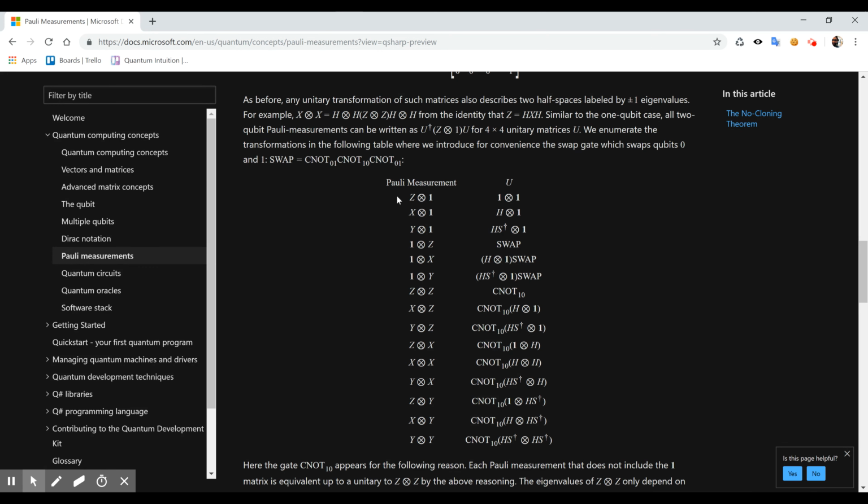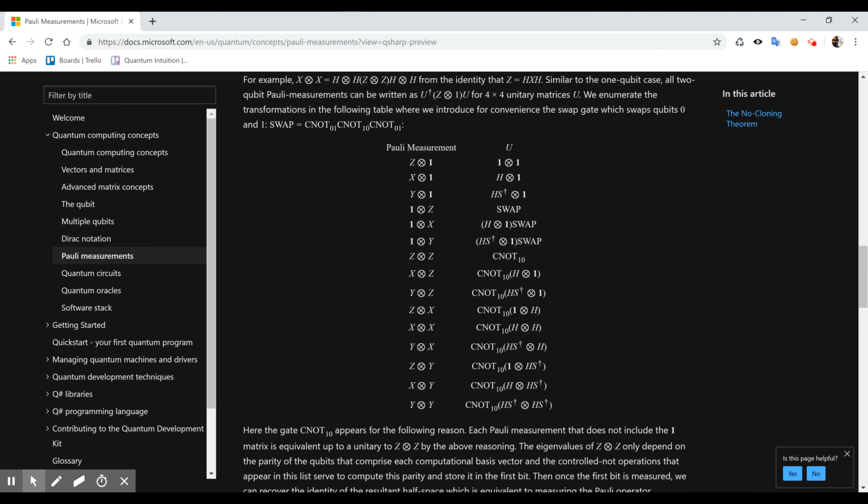Okay, yeah, that makes sense, because measuring Z, I know that this is just a standard measurement. The standard measurement is measuring along the Z axis. That's what everyone does. And 1 is identity, I'm assuming. So if it's just the Z axis, then this equals no transformation. That's what Q# is doing: you don't have to remember that stuff. What they're saying is, if you want to measure, it's not the same to say measure